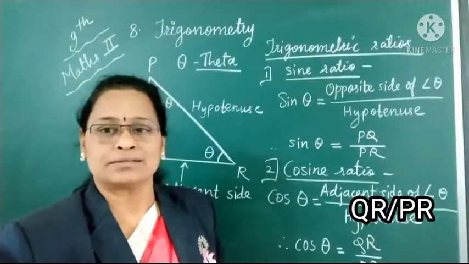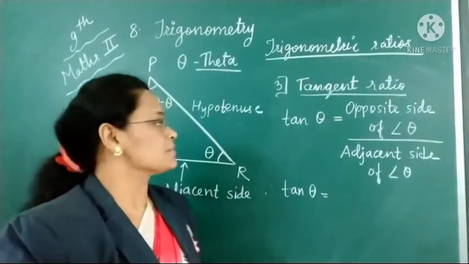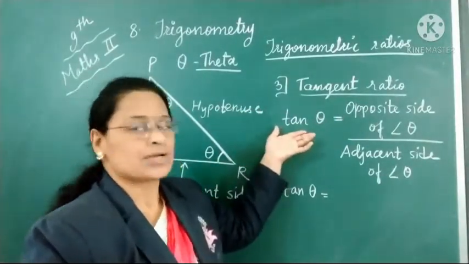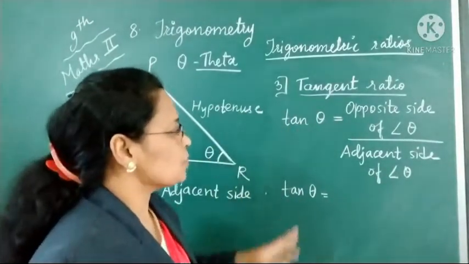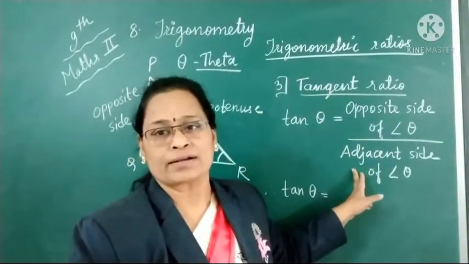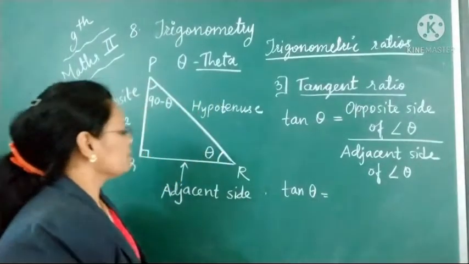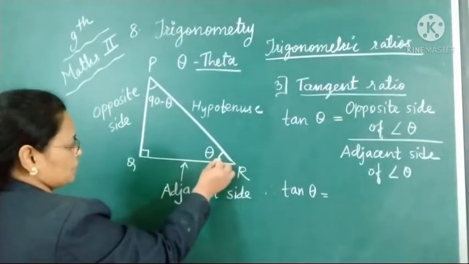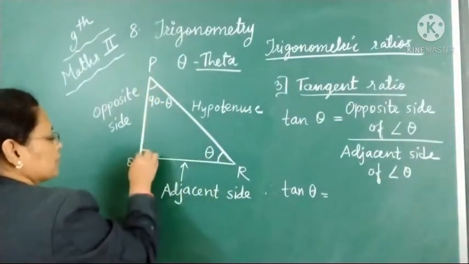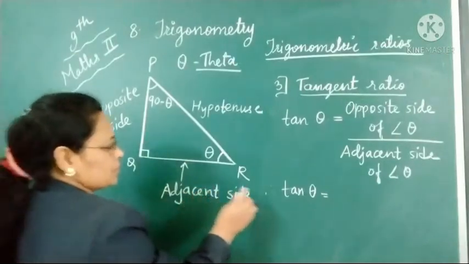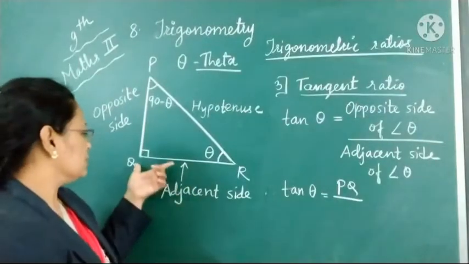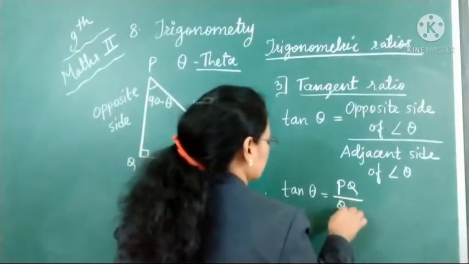Let's see the third ratio. The third ratio is the tangent ratio. Tangent ratio is shortly written as tan theta, and it is the ratio of the opposite side of angle theta to the adjacent side of angle theta. So here, for tan theta of this acute angle theta, the opposite side, that is PQ, to the adjacent side, that is QR, so this ratio will be PQ to QR. So in this way,